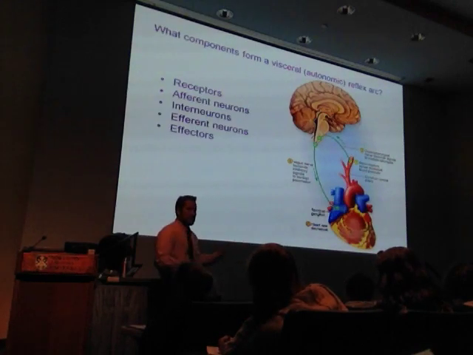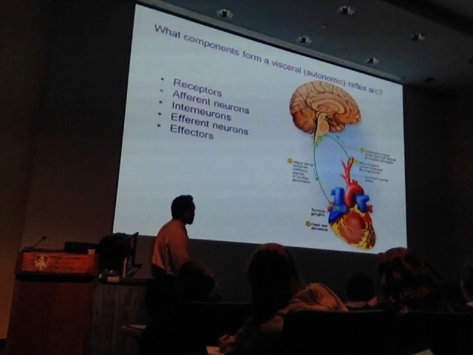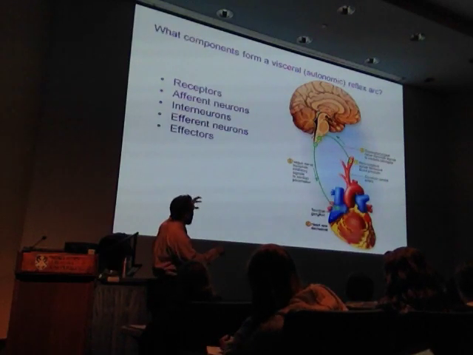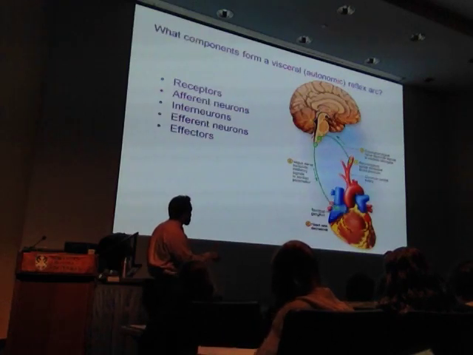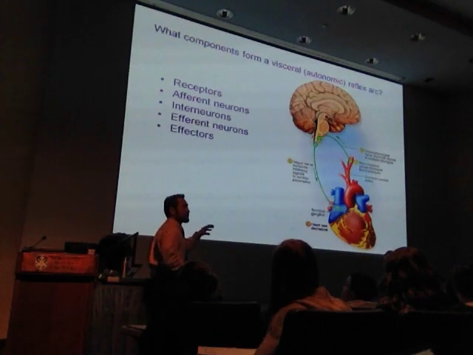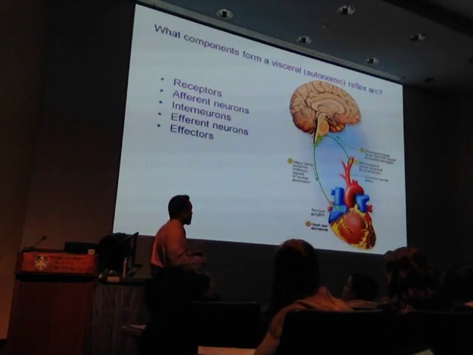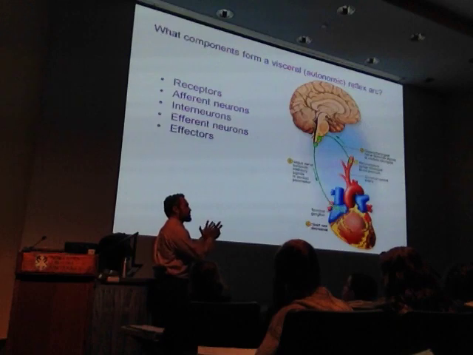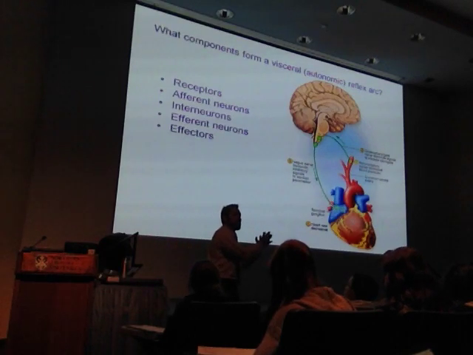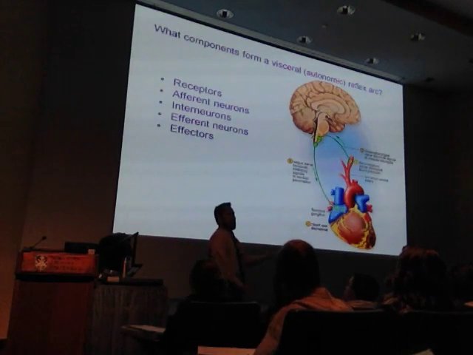These are two different cranial nerves that you learned about in lab. This innervates many different places, and I'm going to show you here in a minute how the vagus nerve goes all over the thoracic cavity and the abdominal cavity. But one of its termination points is in the rhythm centers of the heart. And you'll learn more about those in 202 when you talk about cardiovascular. So these rhythm centers within the heart are stimulated to slow down. And as that slows down, the pump doesn't push as much, and that lowers blood pressure.